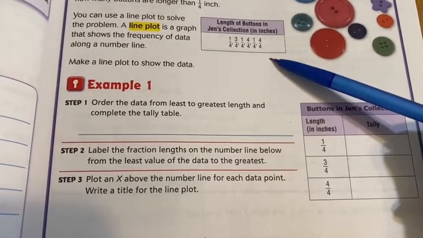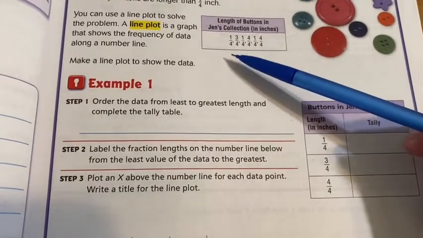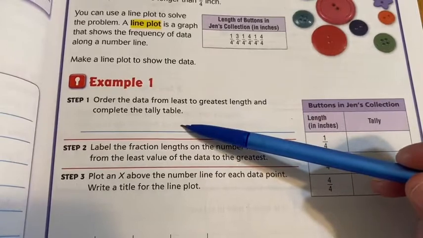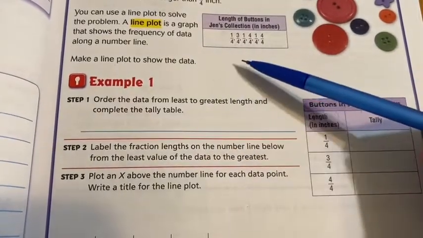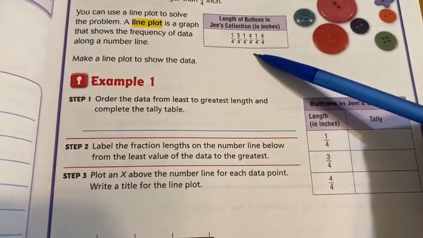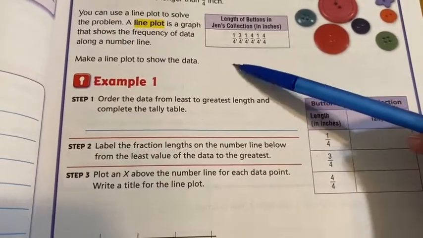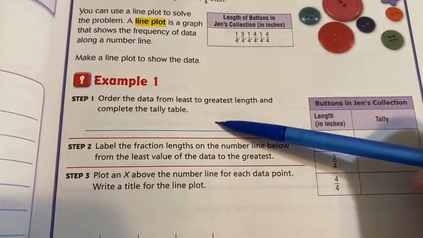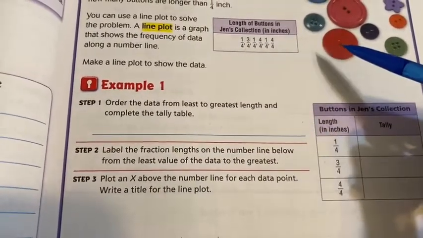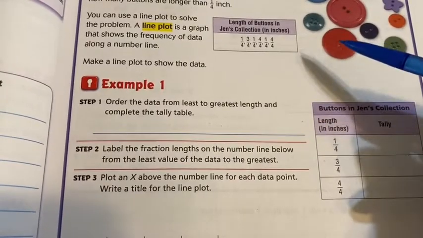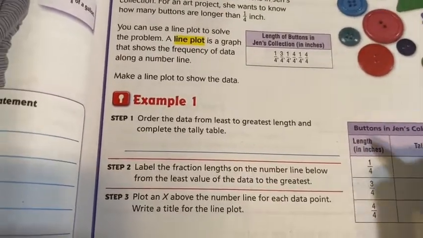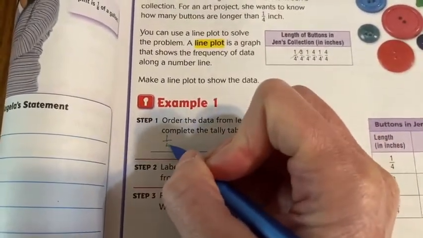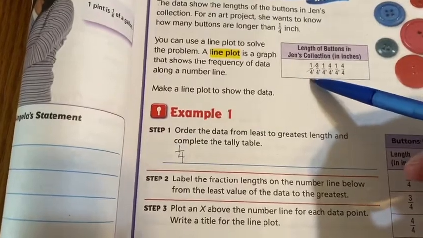We're using this information and we have to use every single bit of it. There are 1, 2, 3, 4, 5, 6 different fractions that we have to put in order from least to greatest. So looking at the fractions, go ahead and do that and make sure you have 6 fractions lined up from smallest to greatest. What I like to do is cross it off when I use it so that I know I've used it and it's taken care of. So I know 1/4 is the smallest, but there's more than one 1/4,